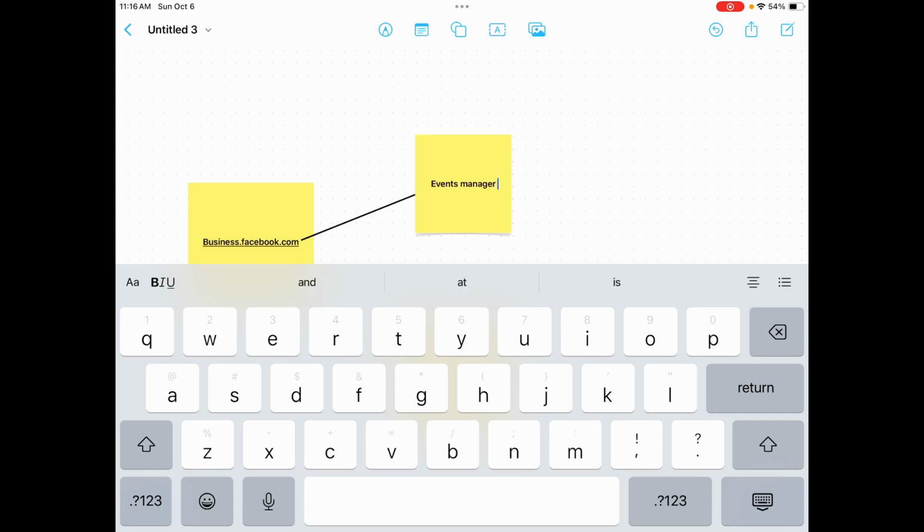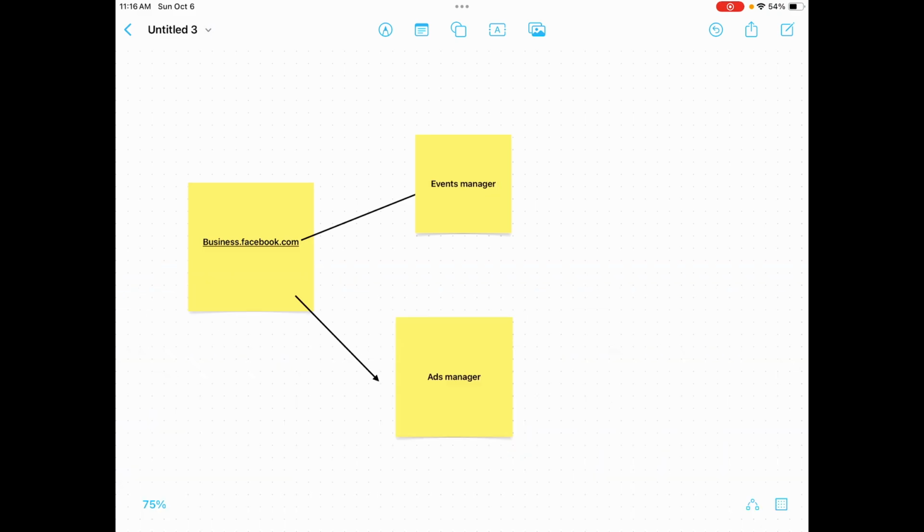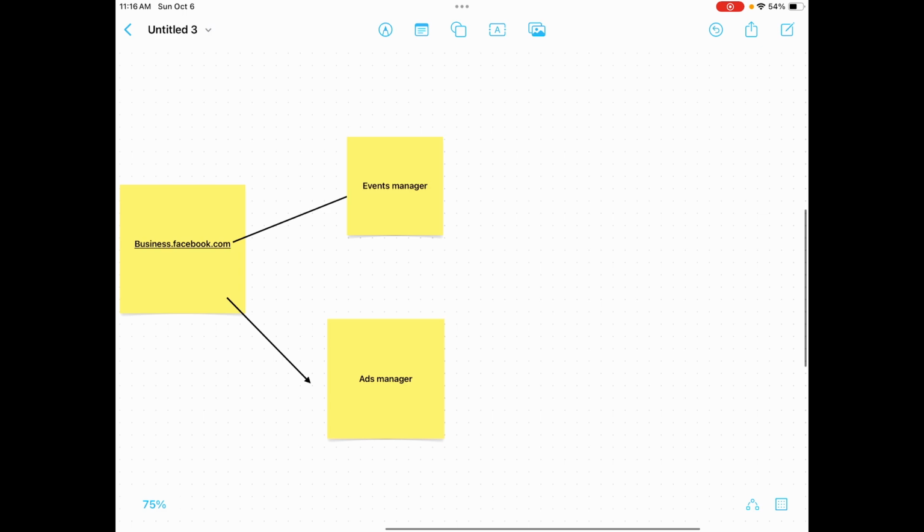All right, so from business.facebook.com, you're going to search for one of these two things, and these two screens right here, the events manager and the ads manager, are going to be the place that you're spending the most time. So let me explain both of these things. The ads manager is pretty simple. This is where you create your campaigns and stuff to run ads,